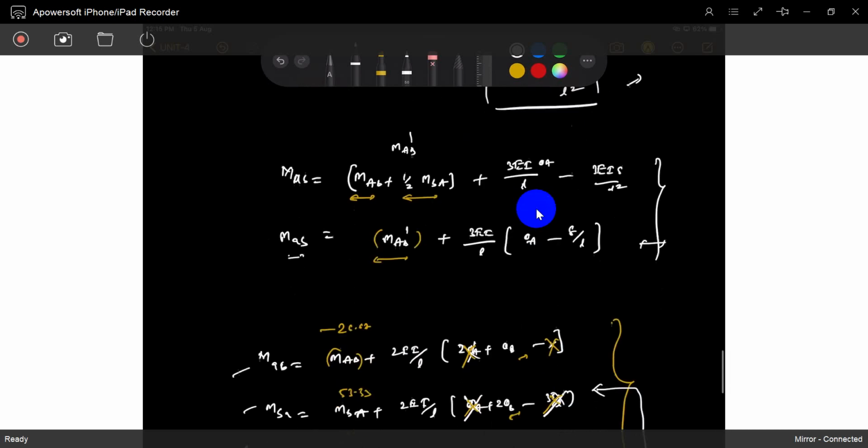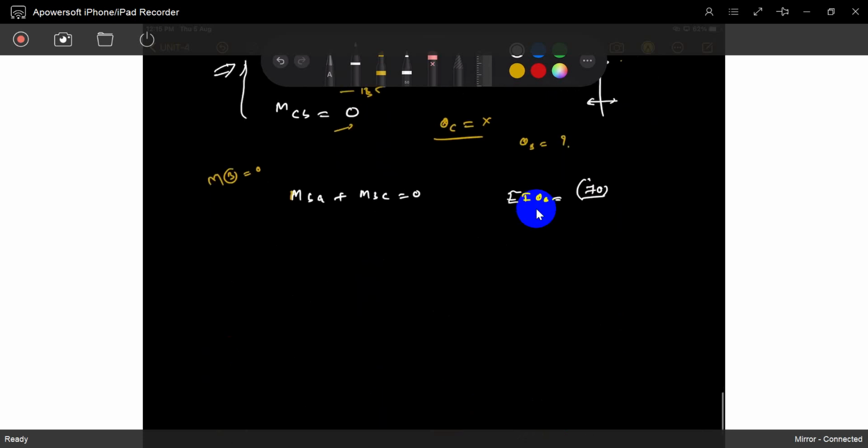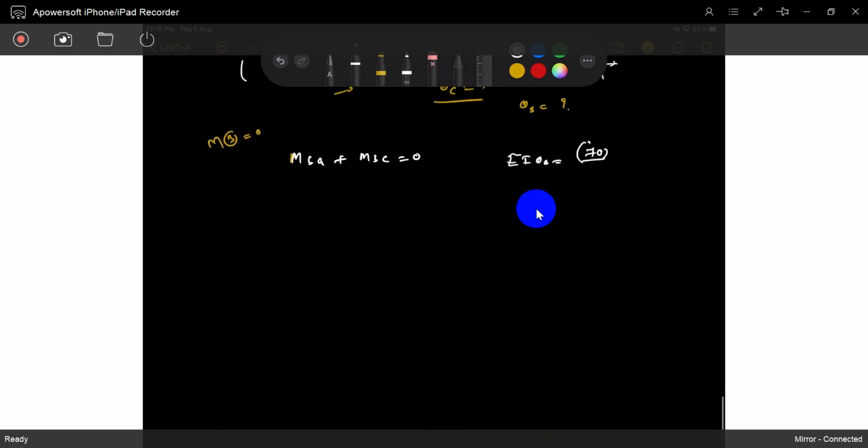So this is the one thing I will give, but it is your choice. If you want to solve so many equations, you can solve them. Otherwise, if you want to reduce those number of equations to this type, you can easily do it. So I will give the same example.